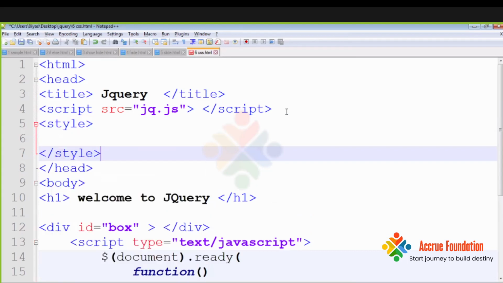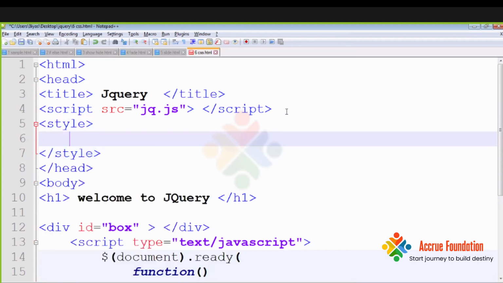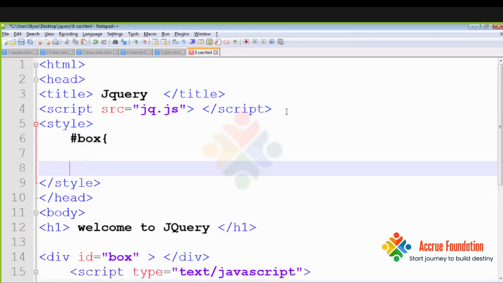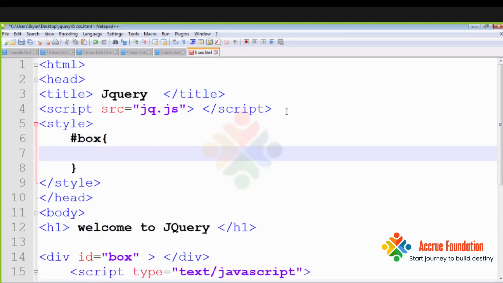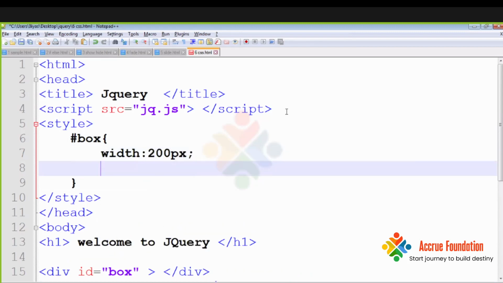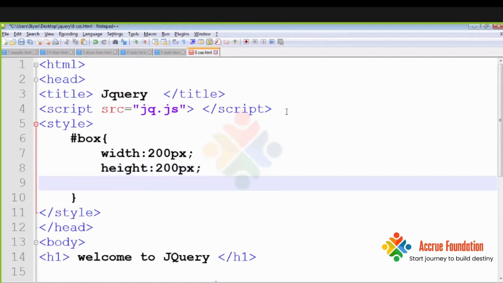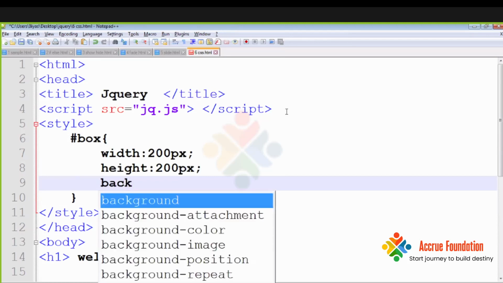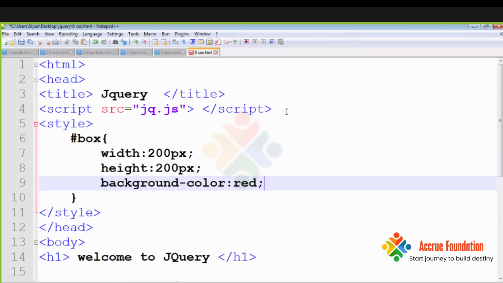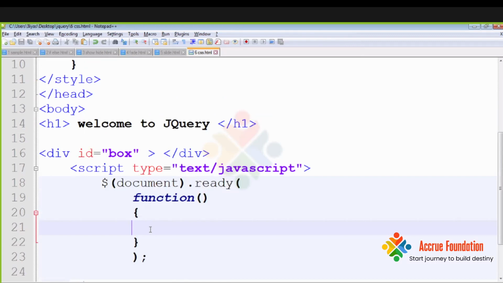I'll use the box ID selector, with width 200 pixels, height 200 pixels, and the background color red.